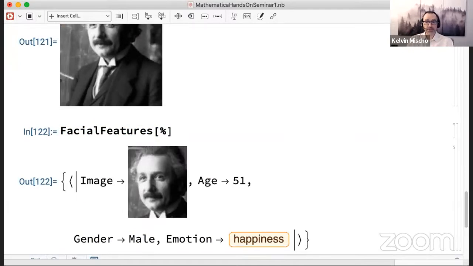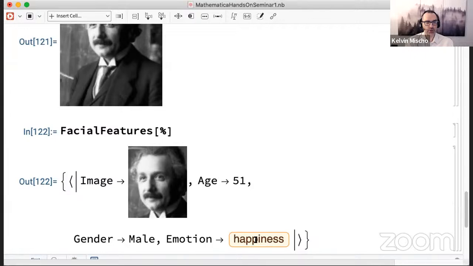So in addition to math stuff, there is a lot of supervised and unsupervised deep learning, machine learning. This is one of them. So I think this is probably based on some neural net where it takes this picture, it compares it to likely millions of tagged images, and it says, okay, based on all of those data points and whatever we can extrapolate from that, the prediction is that this picture of Albert Einstein is 51 years old,